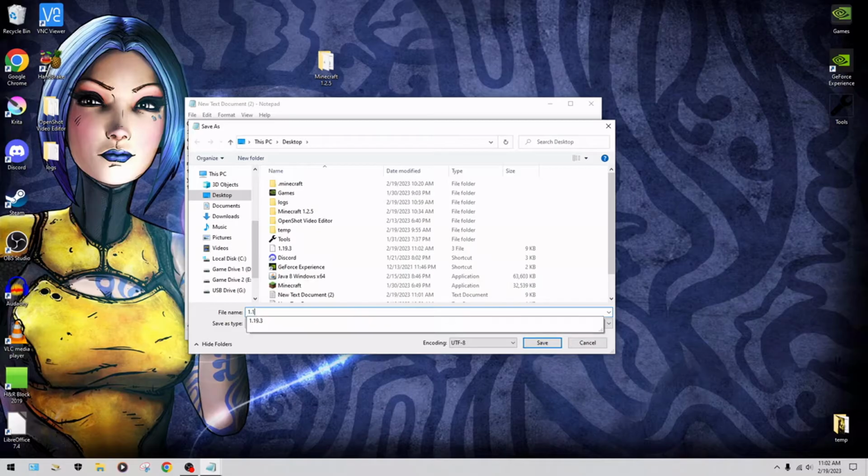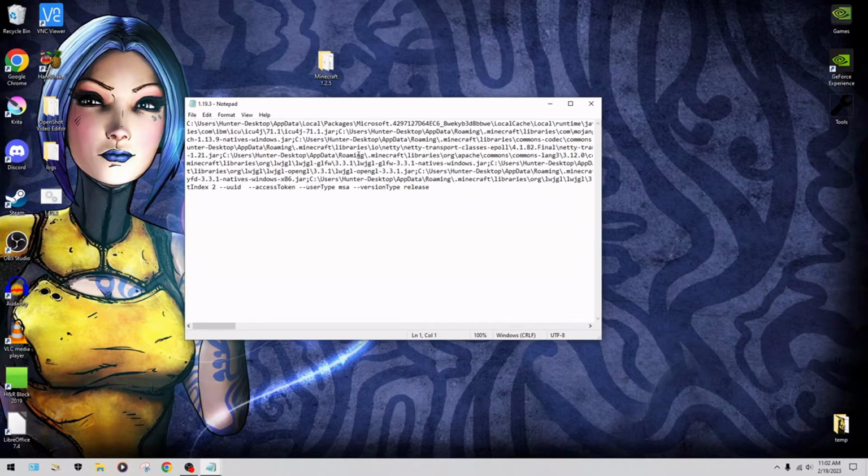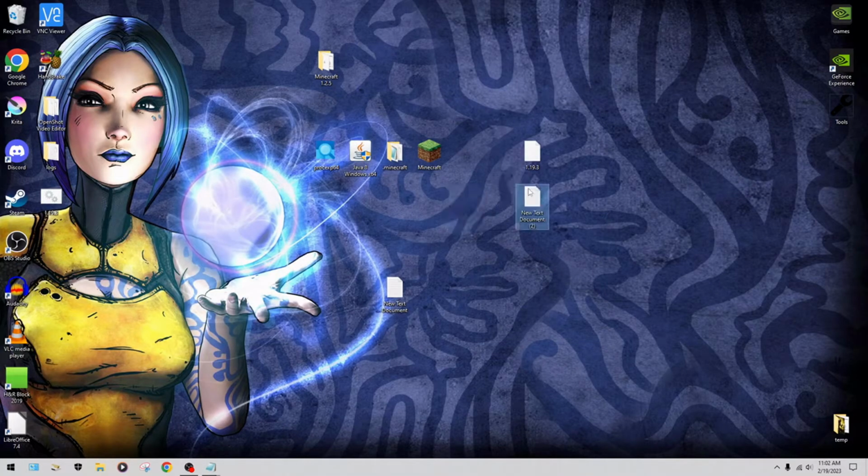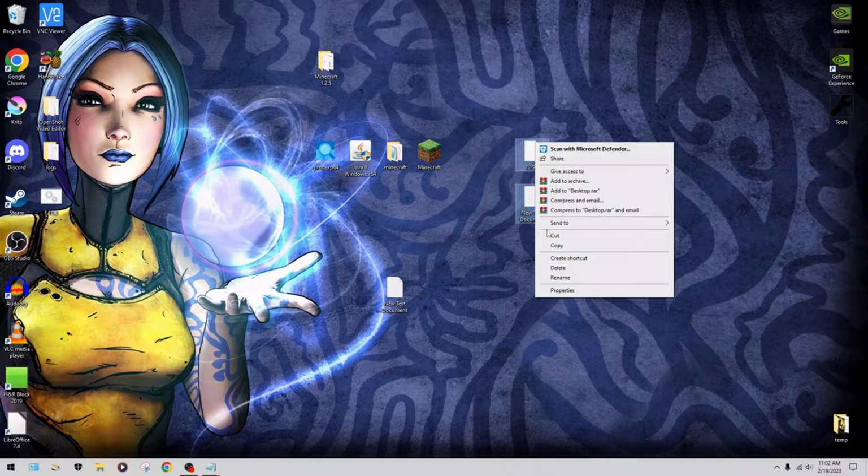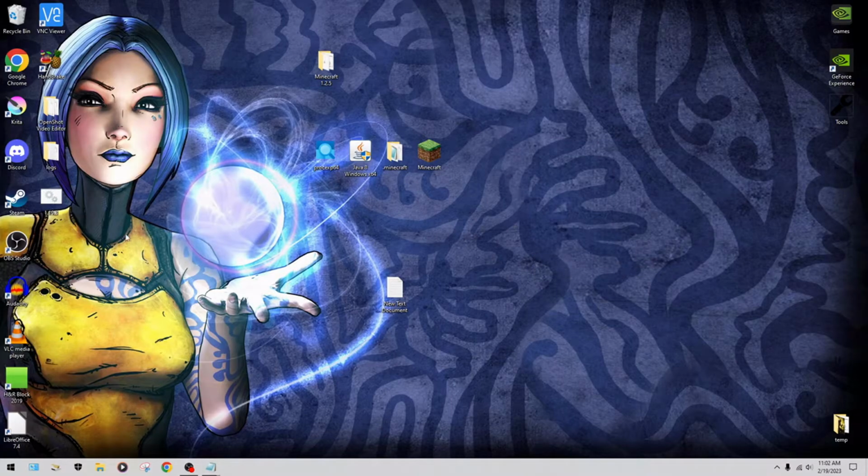Just going to call it 1.19.3.bat. There it is. We don't need these two now. This was a mistake. And you'll notice for me, it won't even run because I don't have any of the personal info in there. But